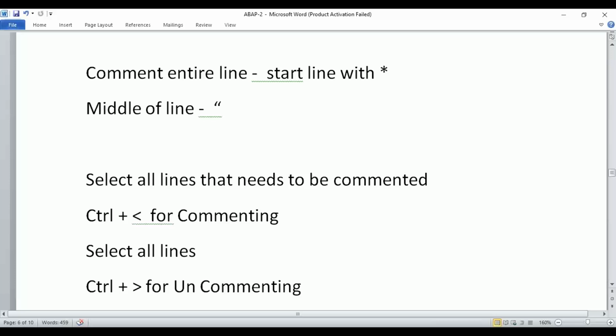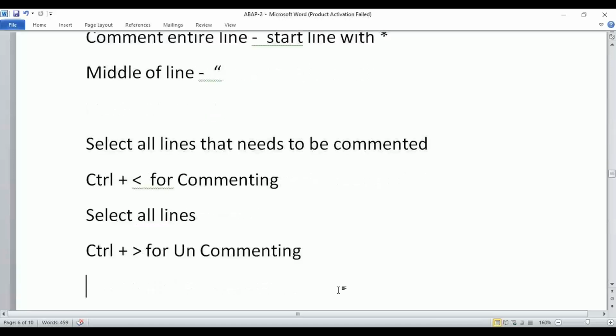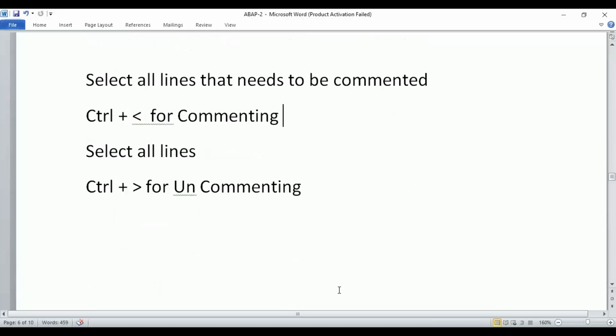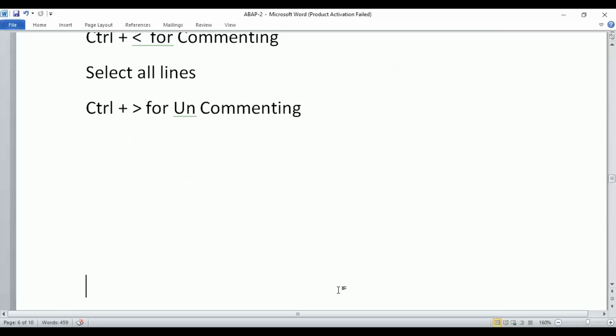So you can try it out now. You can try out these things. Okay. Now we'll go ahead with uncommenting, Control plus a little bit, and then we will go ahead with